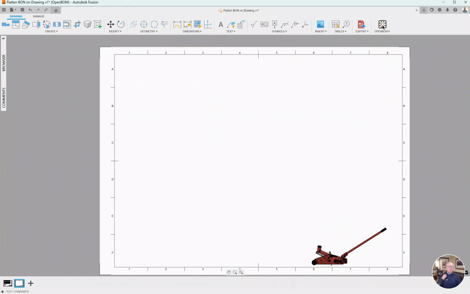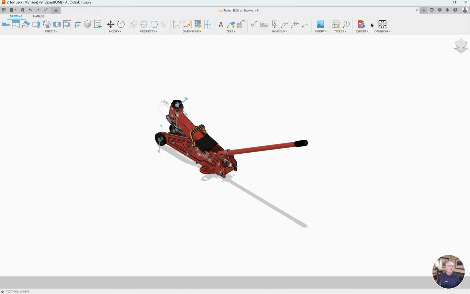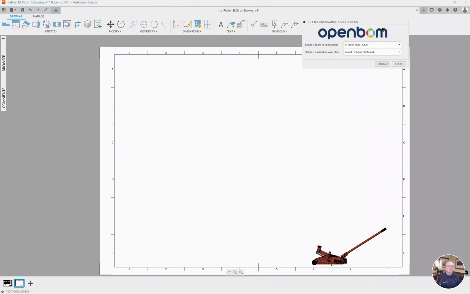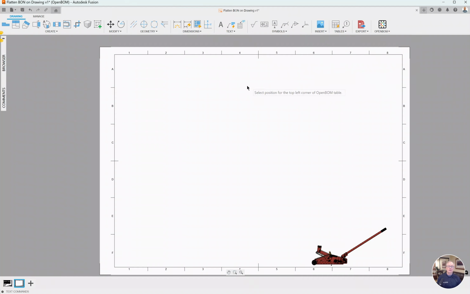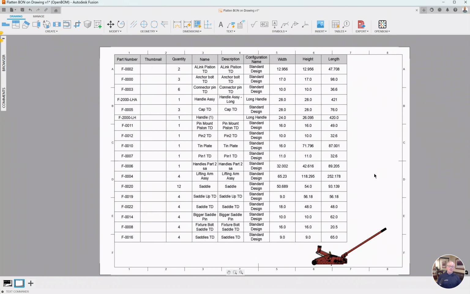I've signed into OpenBOM. I've installed the add-in in Autodesk Fusion. And of course, you saw we already had a bill of material created. I click this button up here. OpenBOM goes and fetches all the CAD data. I indicate that I want to insert BOM as flattened. Click continue, and it's just as easy as choosing the location, and there it is. So that is flattened bill of material in Autodesk Fusion drawing, and that is now released in the May 2025 update of